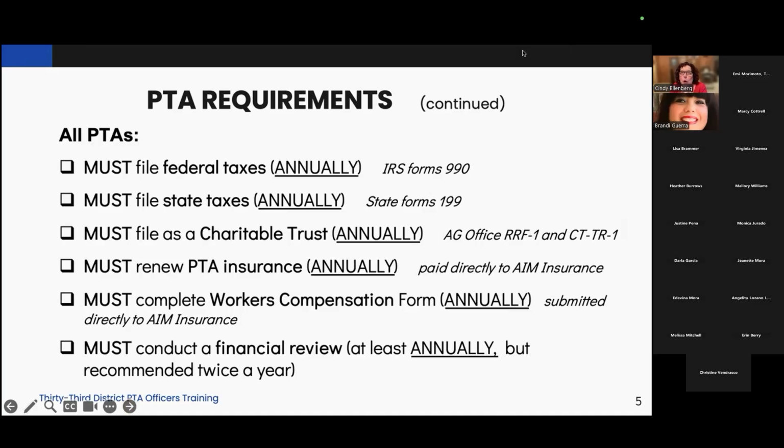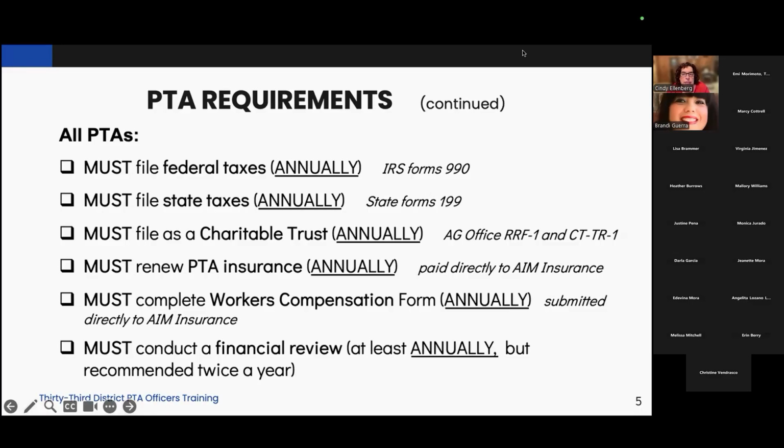Okay. Now, there's a whole list of requirements that all PTAs must follow, and it's filing federal taxes annually. And that would be the IRS Form 990. Usually it's a 990 EZ, but you need to make sure that all these filings are done. You must file your state taxes annually. You must file as a charitable trust annually through the Attorney General's office, filling out the RRF1 and, if applicable,